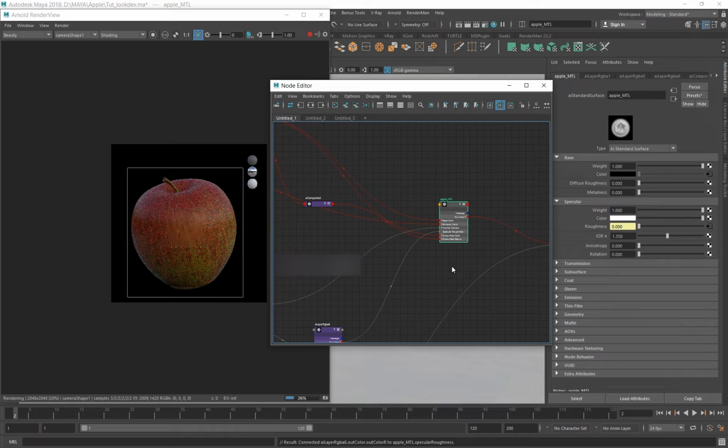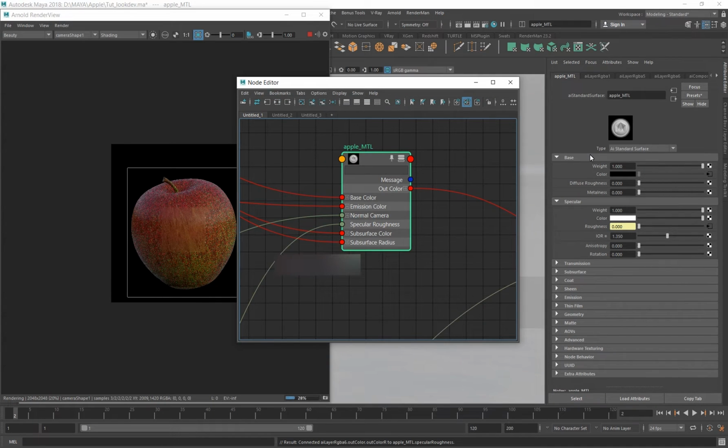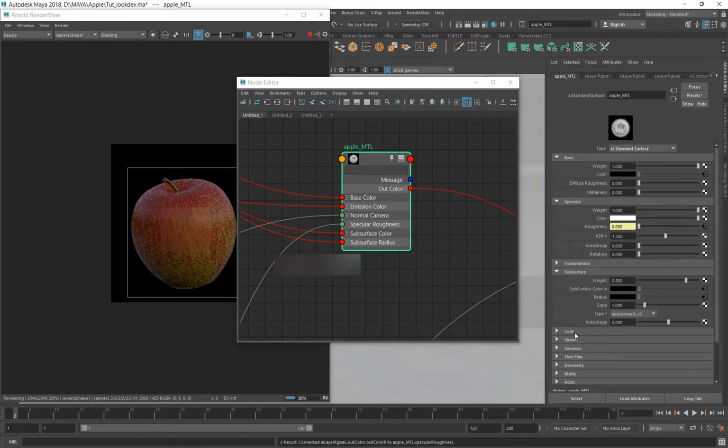Let's wind this up with the last thing, which is the shading attributes I have set for this. I've mainly used the base color, specular, and then the subsurface. I haven't used any other things for this.